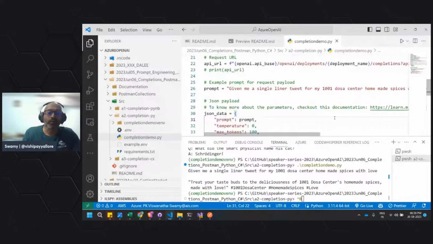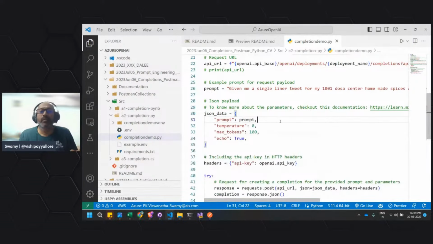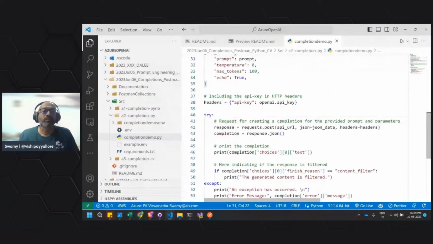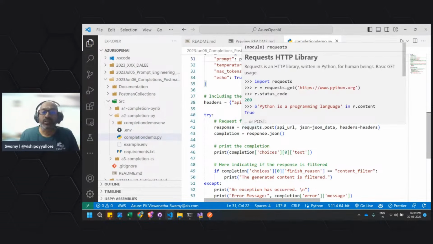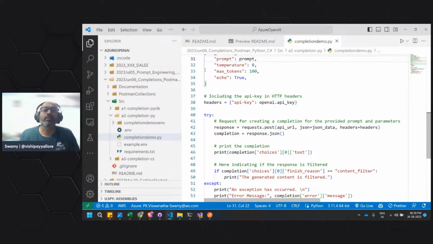Okay, cool. So this is the prompt, but as I was mentioning, in both cases, whether from the Python notebook or from a Python file, we are executing using the requests library. We are not utilizing the AI object to the fullest.